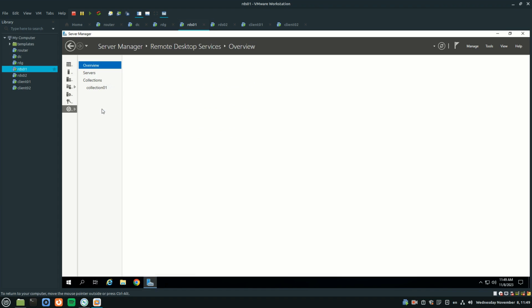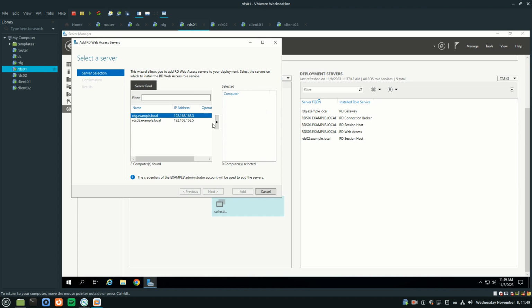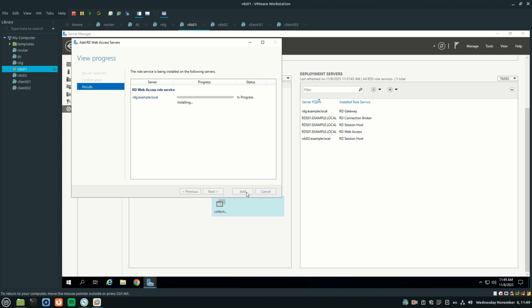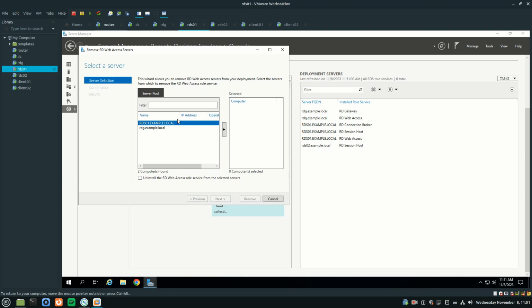Go to Remote Desktop Services, add RD Web Access Servers, choose the RDG, next, add, close, remove RD Web Access Servers. We will remove RDS01.